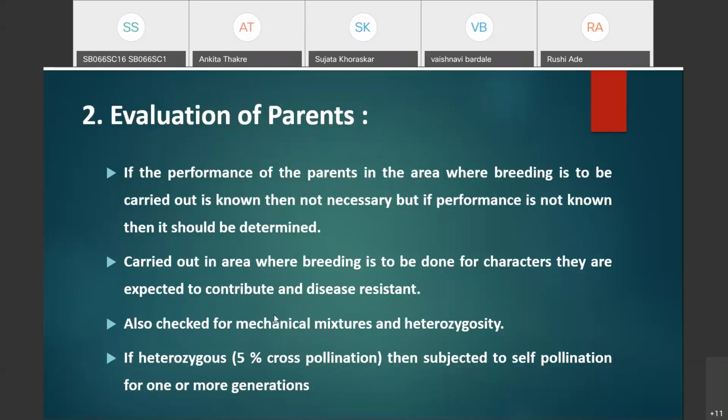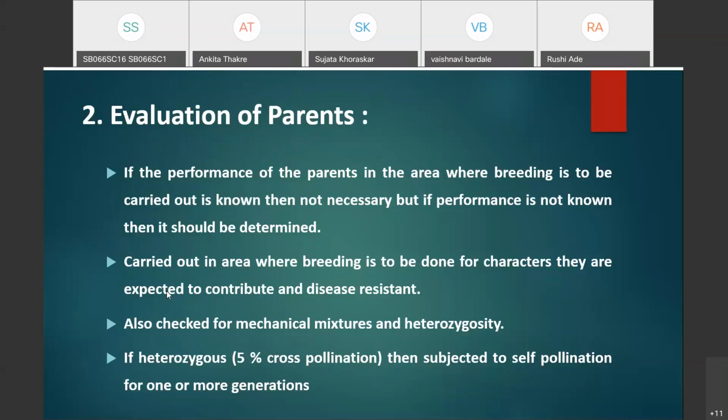Okay, that is the importance of the evaluation of the parents. That is, if the performance of the parents for the area where the hybridization program is to be carried out is known, then the evaluation or their testing is not necessary. But if their performance for that particular area is not known, then the parents should be evaluated for their performance. Okay, and especially the evaluation